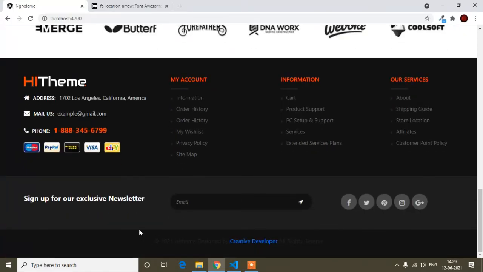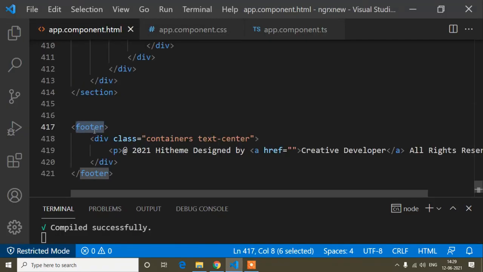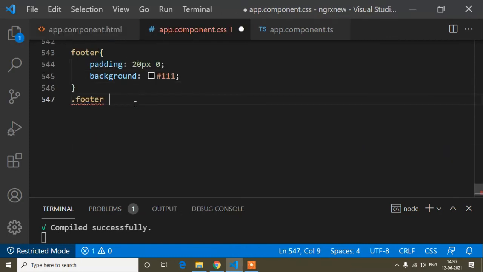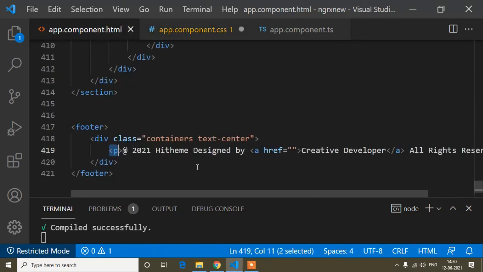Here you can see now it's coming like this, and now I will add the design for this p tag. This footer is the parent, after that there is the p tag. Okay, so now p. Guys, you may be confused. The p tag's parent is first containers, then footer. So why didn't I write container then p tag?